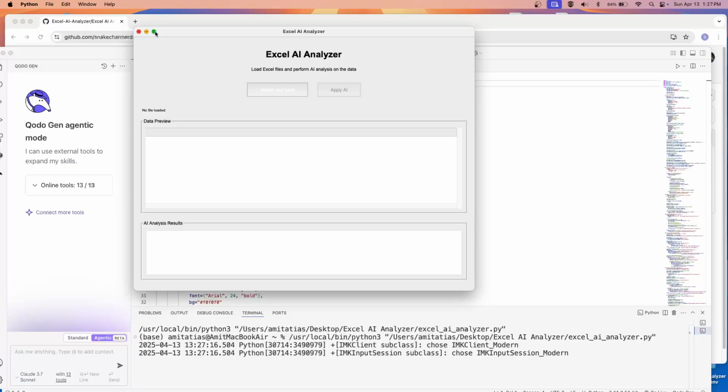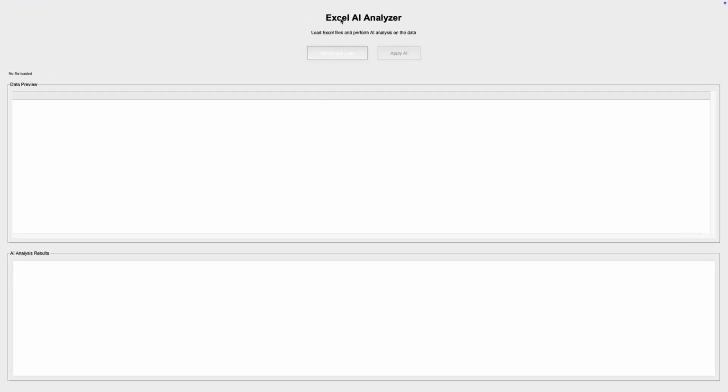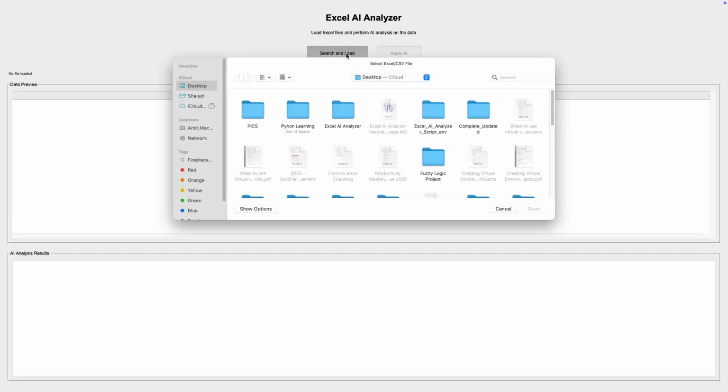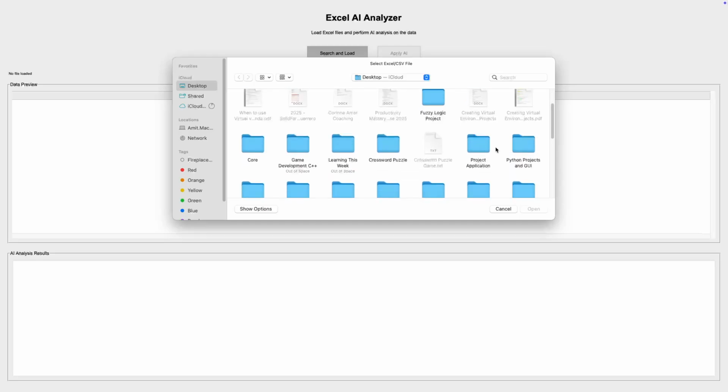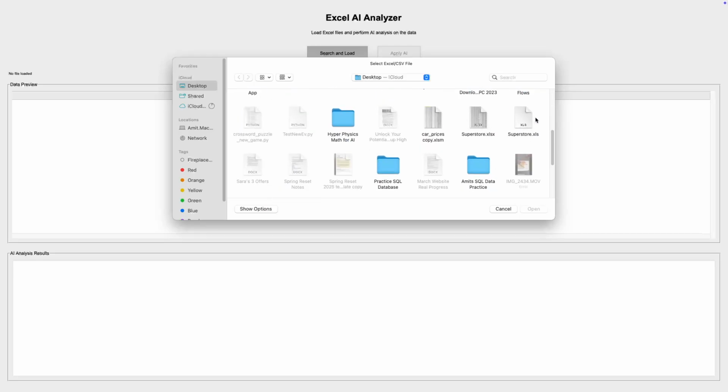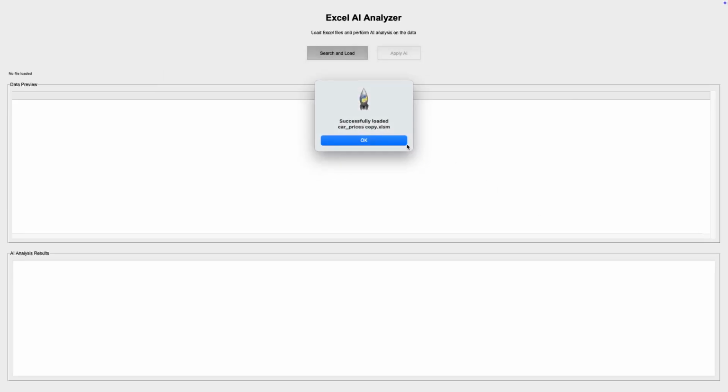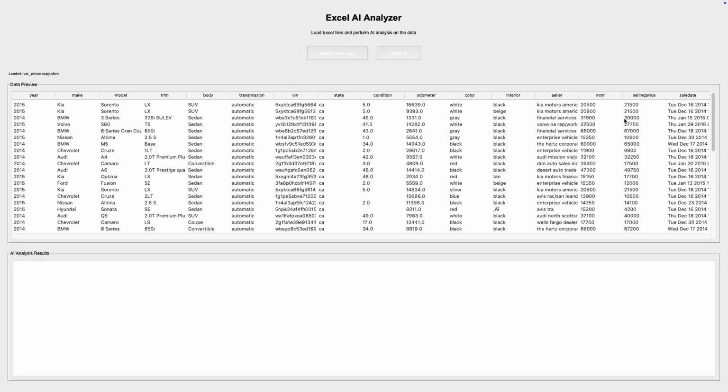Now, here's the program. It's Excel AI Analyzer at the top, and we have two function buttons. One is called search and load. This one allows us to search for the file that we want to load, and we will then choose this one right here, an Excel file, the .xlsm. We will open it. As you can see, the fields have been opened, and now we will start the analysis. We will click on Apply AI,